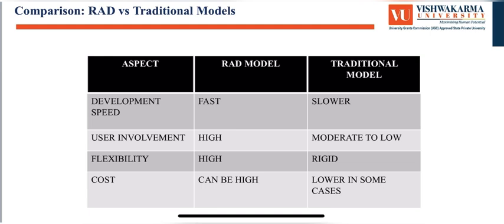Here we have a comparison between the RAD model versus the traditional model. Development speed of the RAD model is fast as compared to the traditional model. User involvement is high in the RAD model whereas moderate to low in the traditional model. Flexibility of the RAD model is high whereas flexibility of the traditional model is rigid. Cost of the RAD model can be high and cost of